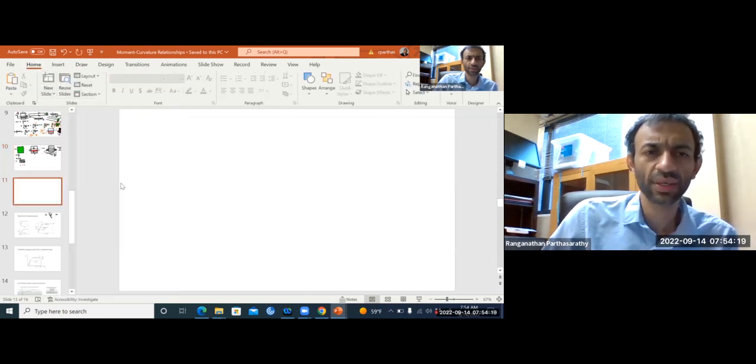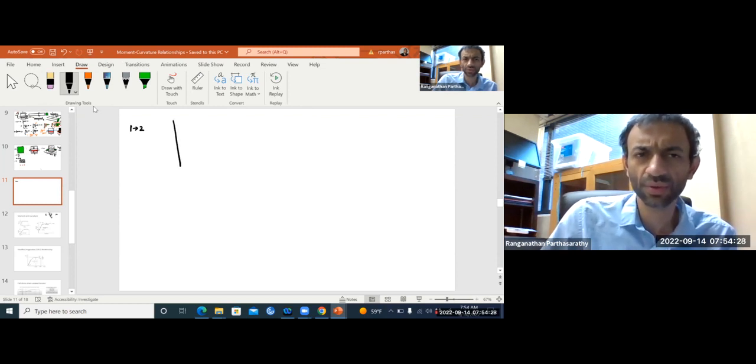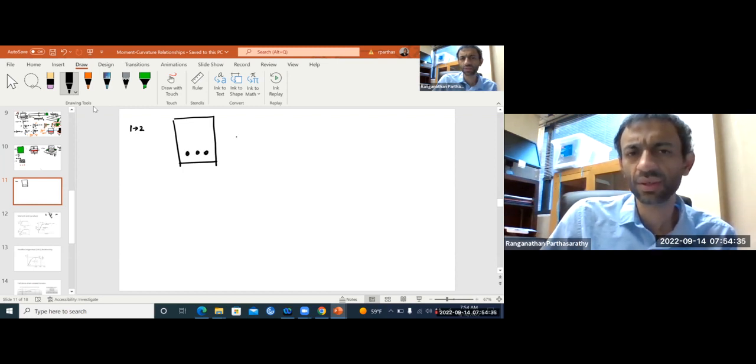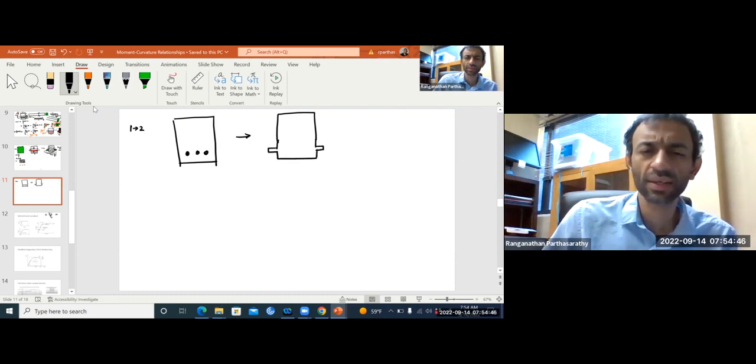Do it in a new slide. So this is 1 to 2. Here is what is in 1 to 2. You have your section with the steel. Now you convert this to an equivalent section, and at the level of steel you have 2 overhangs like that. So the area of these overhangs